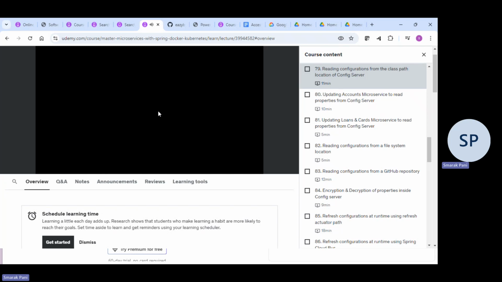Let me restart the application after doing a build. So I'm stopping my application and starting it again. Here I'll try to access accounts/prod. You can see